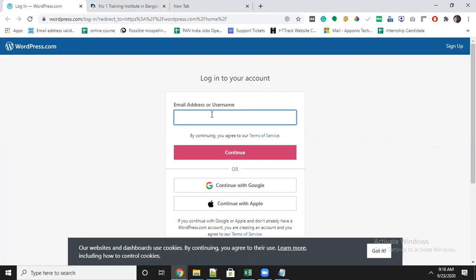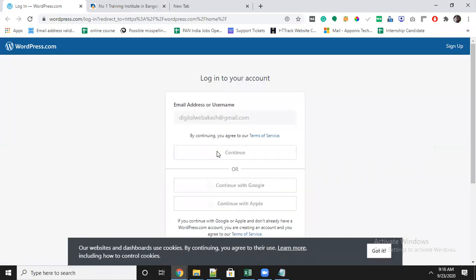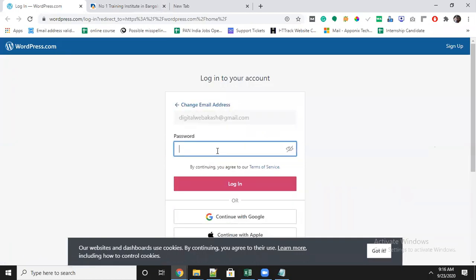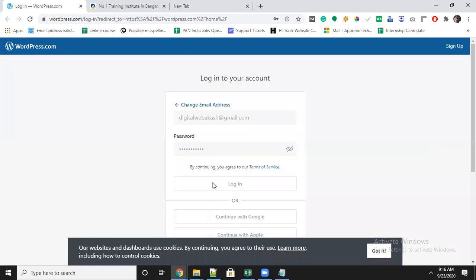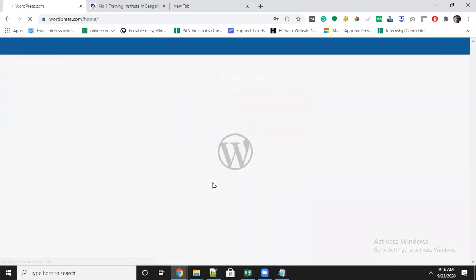It's asking to log in again. Now it's logged in again.